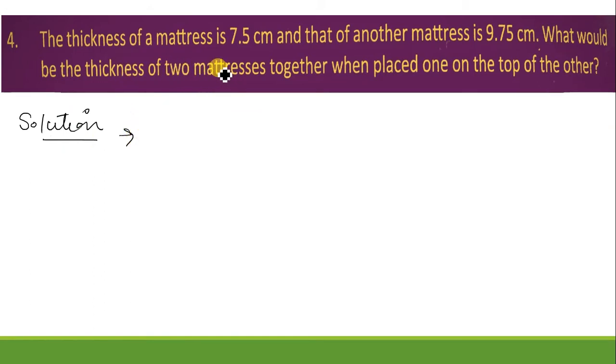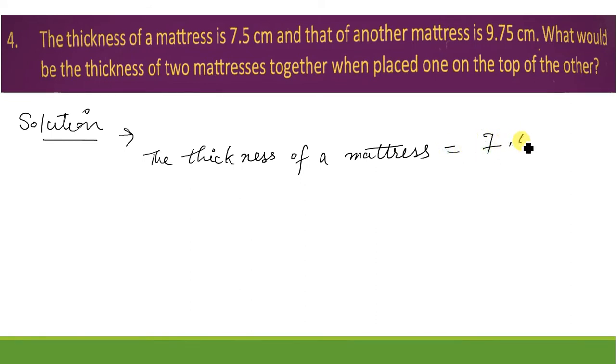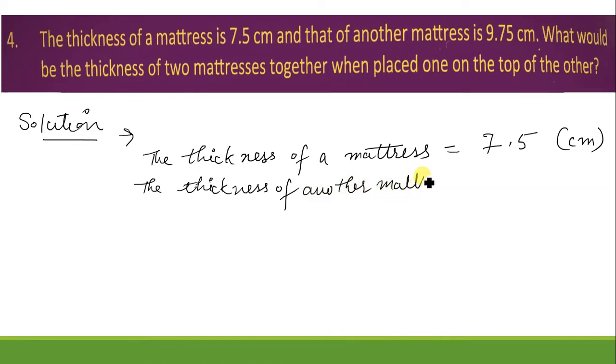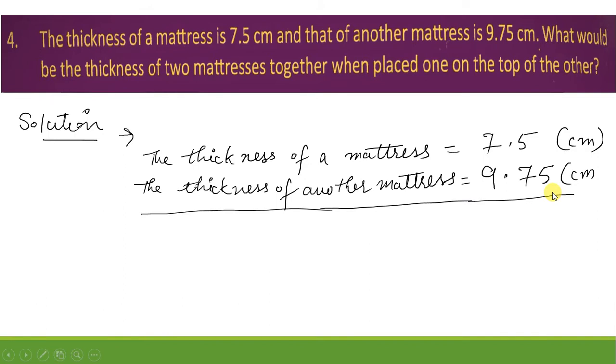So we'll write a statement. What is given? The thickness of a mattress is 7.5 centimeter and the thickness of another mattress that is given, 9.75 centimeter. What you have to find? What would be the thickness? The thickness will increase because it's going to be placed one on the top of the other. So now the thickness would be